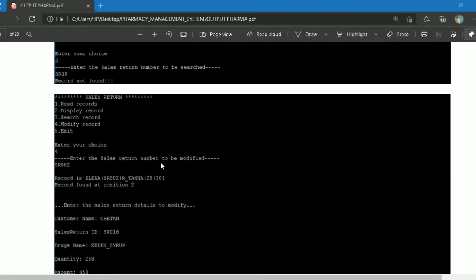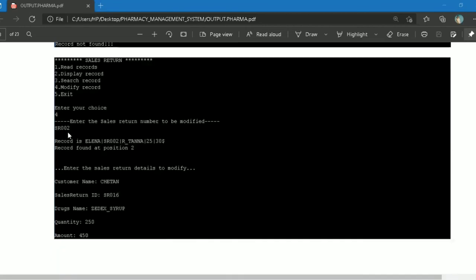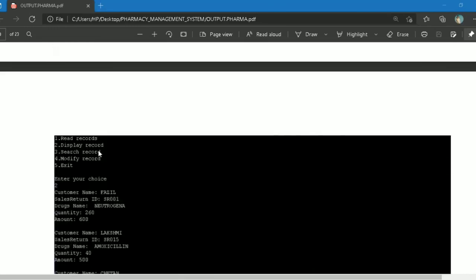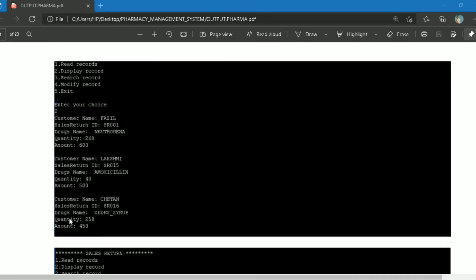It will ask the sales return number to be modified. Here I have given SR002 and asked the user to modify. Here the customer name I have given is Chetan, SR016, ZX syrup 250 and the amount 450. Now the modified record is here.